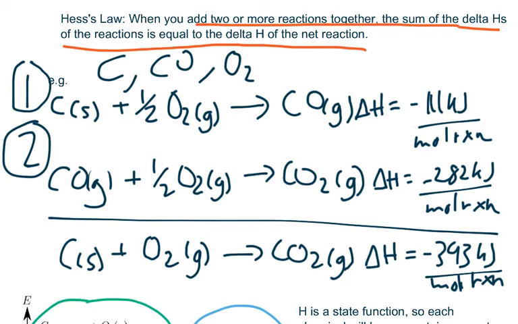Now on the right hand side, we have to add up all the chemicals on the right side, so on the right side we will have CO and CO2. Now, what's the same on the left and the right? Well, 1 mole of CO is shared on both sides, so you can cancel out the CO on both sides,